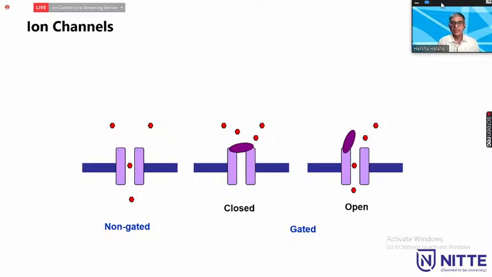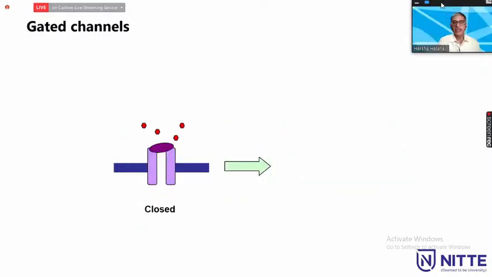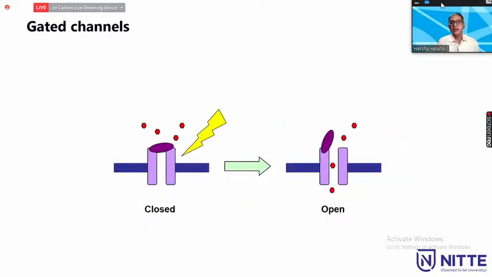And there are essentially two types of ion channels: the non-gated channels, which are always open, and the gated channels, which are sometimes open and sometimes closed to ion movement. So the gated channels may be in an open state or a closed state. And the closed channel can become open either when the membrane potential changes. These are called voltage-gated channels,